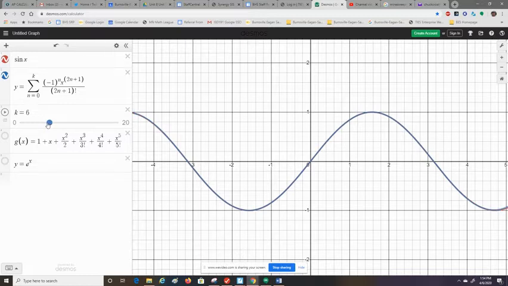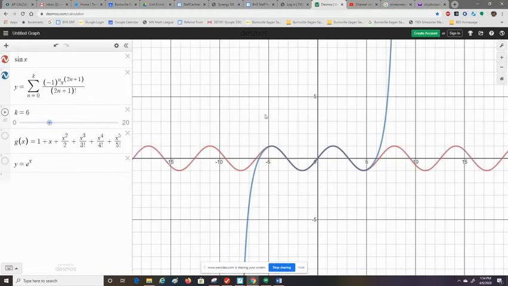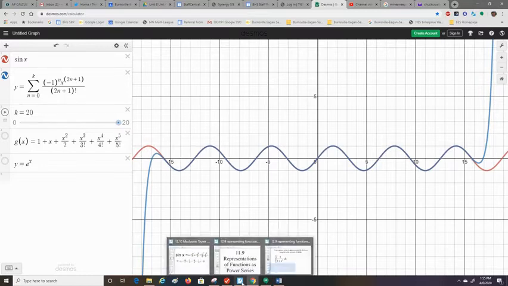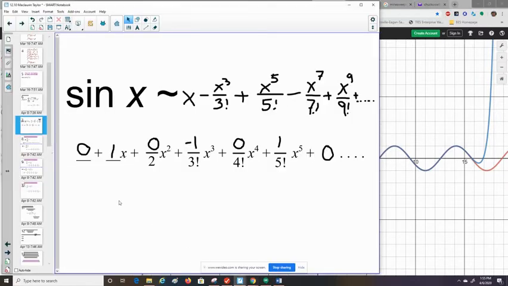If I go to, let's see, I've got 7 terms. I actually have a 13th degree approximation because if k is equal to 6, we've got 2 times 6 plus 1, all the way up to a 13th degree, but we see it fits really well between at least -4 and +4. And in fact, I can zoom out, and if we do the first 20 terms of this thing, we can see that it's a really good fit. We could determine using the ratio test that the interval of convergence of this is all the way from -infinity to infinity. Hopefully you did what I suggested that you do yesterday and do the same thing for cosine, but